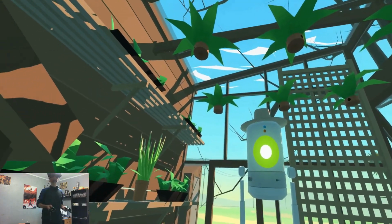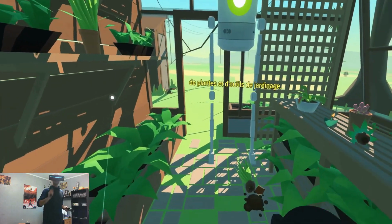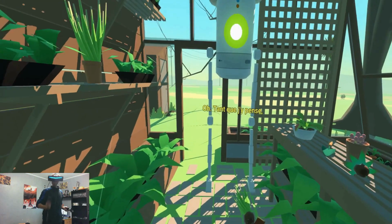The greenhouse is always teeming with plants and gardening tools. How about another? Oh,